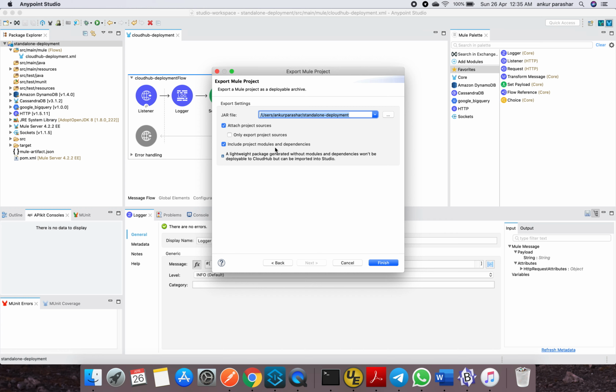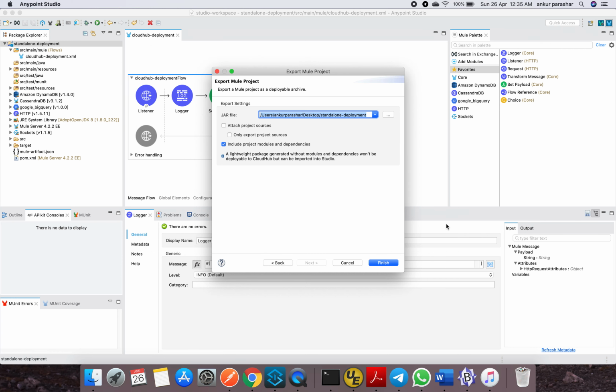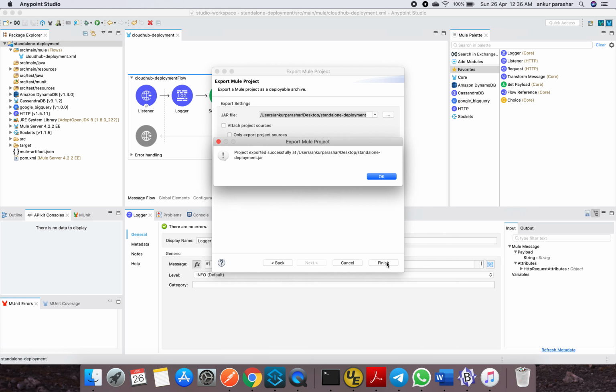So we will go with the second option because it is a lightweight package, and there is no point in attaching all the project sources because it can contain different test resources, your dummy files, test data. So I don't want it. You can browse and put the specific location. So for our convenience, we will put it on the desktop. Okay, and click on Finish. It will take a couple of seconds. Yes, it is created.